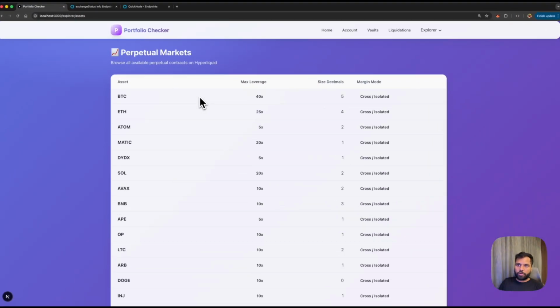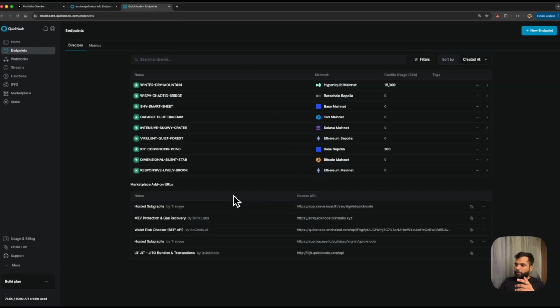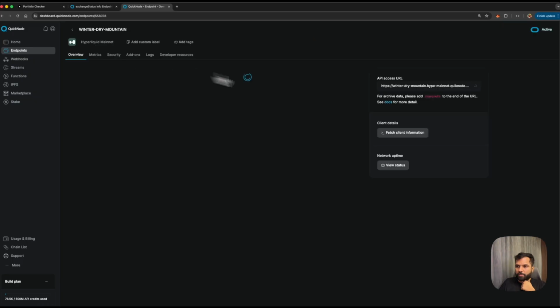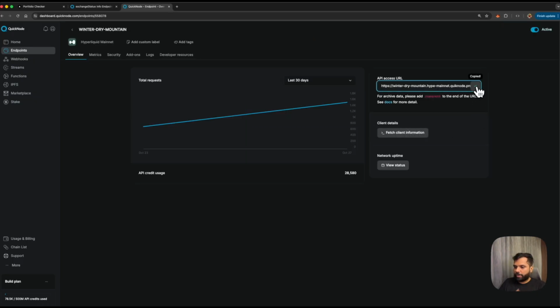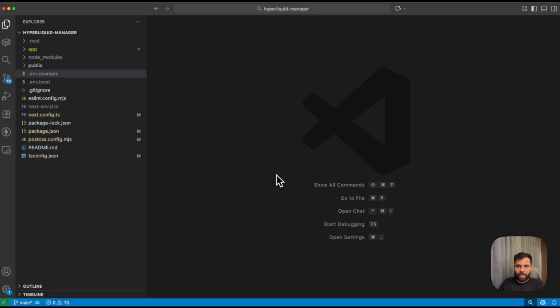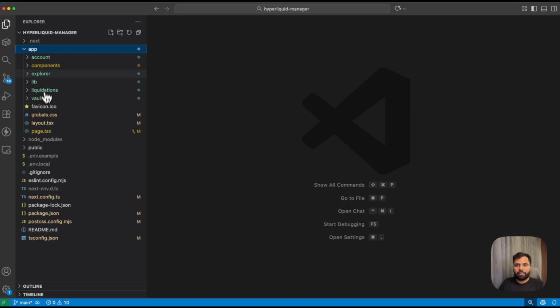Get it from your QuickNode dashboard. Once you log in, create a new Hyperliquid endpoint, and once you have the Hyperliquid endpoint, go to the overview section of the endpoint and copy it from here. And once you copy the endpoint, you will have to paste it here, and then just get rid of the /evm part, because we handle EVM and HyperCore, which is HyperEVM and HyperCore requests via this file, which is